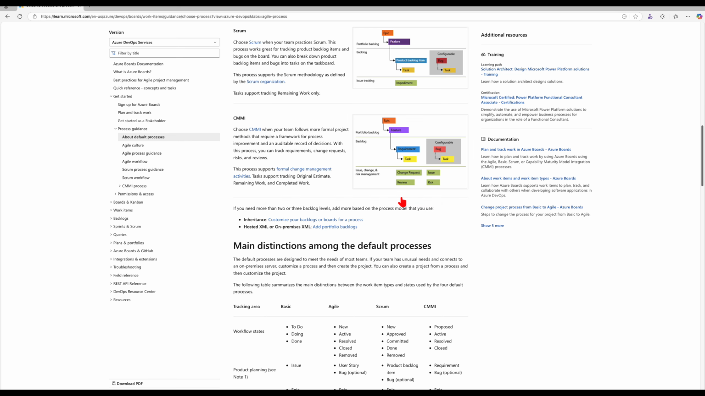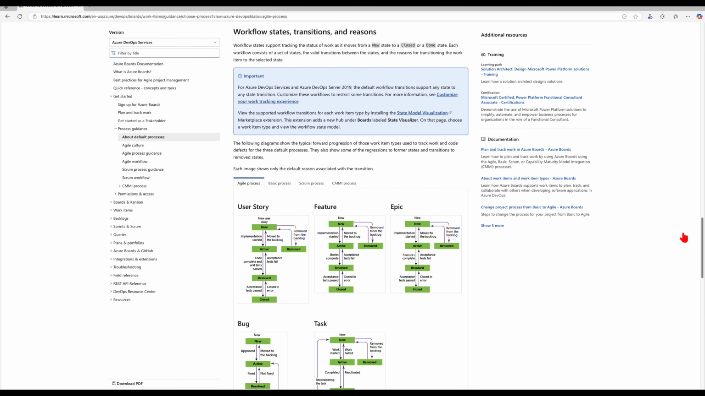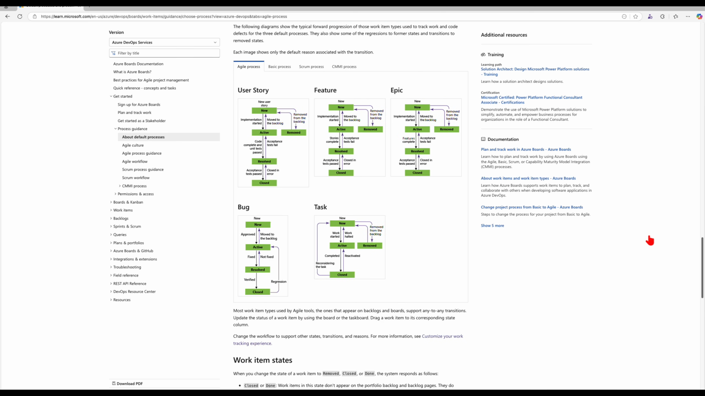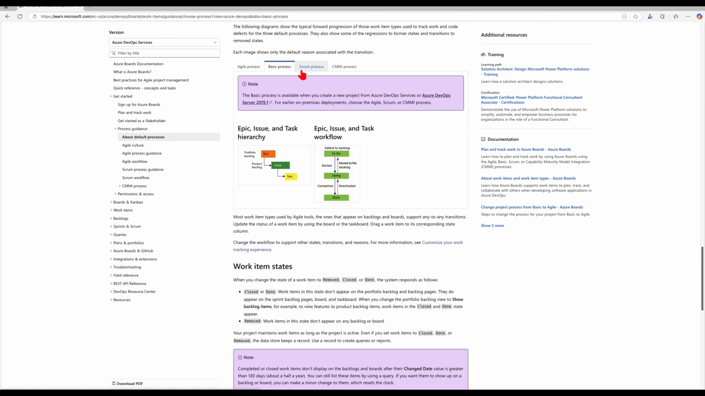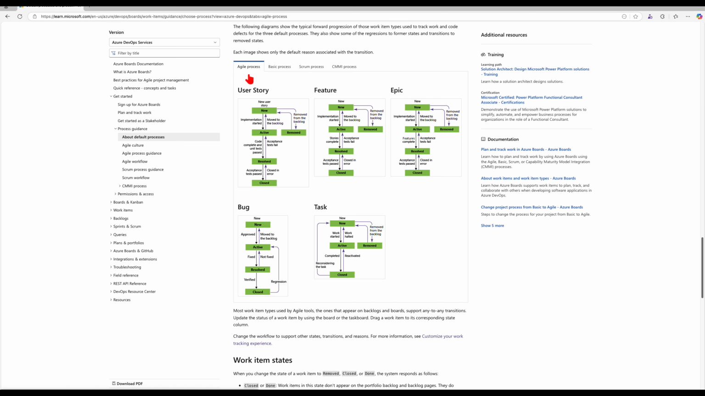So again, each process template comes with pre-configured work item types, allowing organizations to select a framework that aligns with their preferred delivery methodology. Now I'm going to navigate down, and I'm going to talk about the workflow states. And you have a workflow state for each process: the Agile, the Basic, the Scrum, the CMMI. Let me focus on the Agile process, since that is the process that we're going to be using throughout the